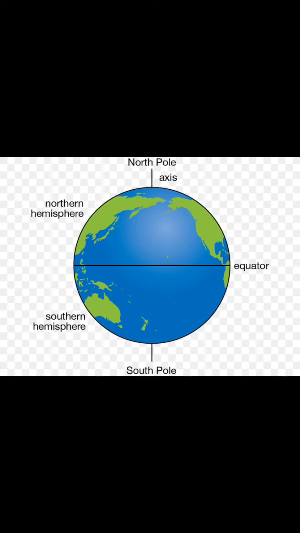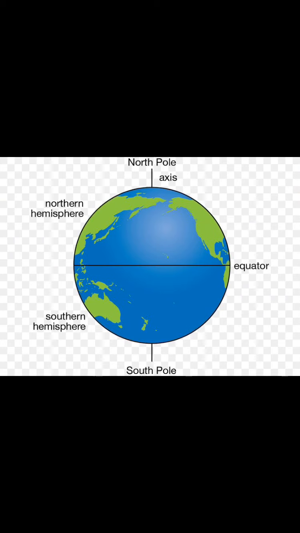The large water bodies are known as oceans. So the oceans are the large water bodies which are blue in color. Underline this line given on page number 7, children, line number 2. There are 5 oceans: Pacific Ocean, Atlantic Ocean, Indian Ocean, Antarctic Ocean, and Arctic Ocean. The Antarctic Ocean is also known as Southern Ocean. The Pacific Ocean is the biggest ocean and the Arctic Ocean is the smallest ocean. This is what we have learned about the various oceans.